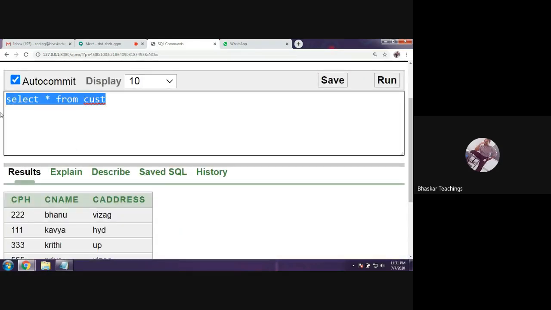Simple. Write the inner query. Select CPH. CPH is the common column, right? CPH is the column referenced in the orders table. CPH is the customer phone number from orders.